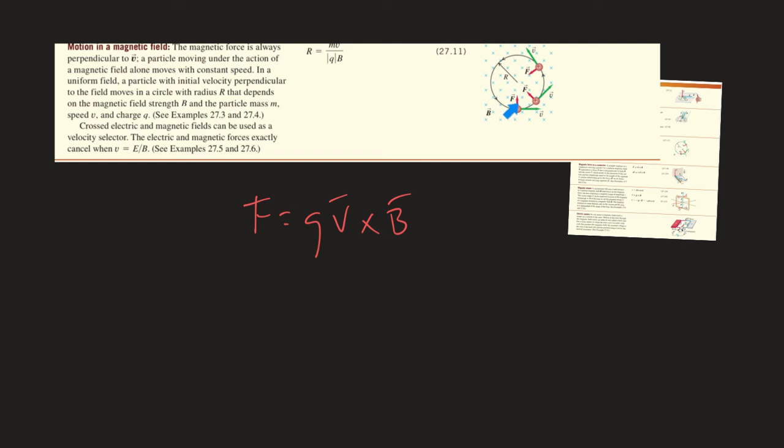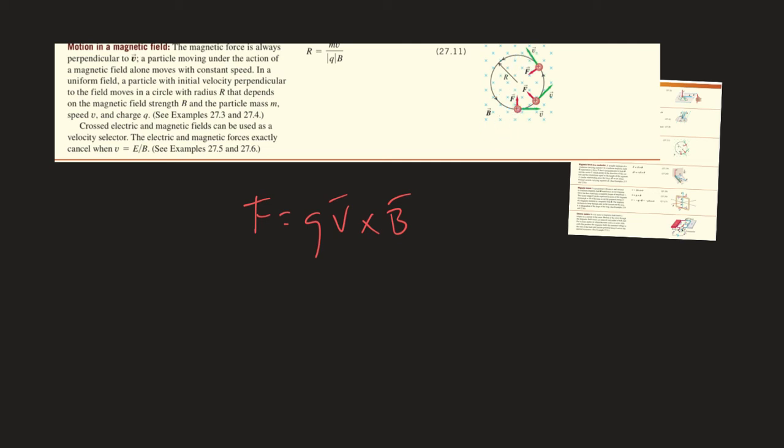And a force that is perpendicular to the vector velocity cannot increase the magnitude of the vector velocity. So what the force will do is change the direction of the velocity, only change the direction of the velocity, so it will make a circular motion submerged in the magnetic field. So this will be the motion of the particles that is moving with certain velocity v in the presence of